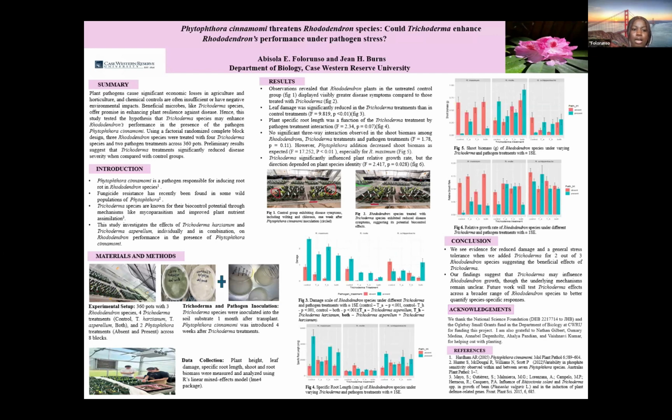So for this experiment, we chose 3 different rhododendron species based on their susceptibility to this root rot pathogen Phytophthora. So we have the maximum, mole and Schlippenbachii. It's a greenhouse experiment, and from the results we found reduced disease symptoms for those that were treated with Trichoderma, for 2 out of 3 species we used, which is maximum and mole. So we can see there are actually species-specific responses, but we don't know the mechanisms underlying that